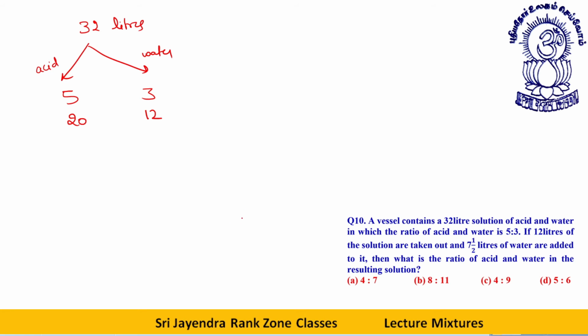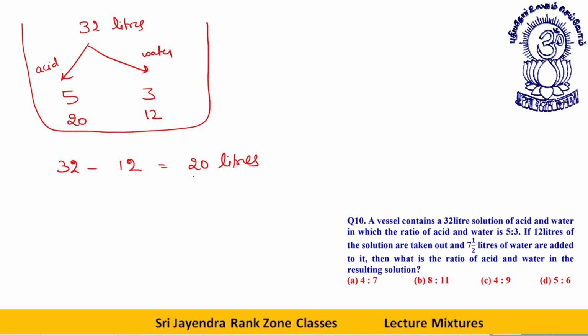See, this is just a trick to fool you, to waste your time. We were initially given 32 liters, now 12 liters are remaining. So remaining is equal to 20 liters. So all this, whatever I have wasted, if I start doing calculation based on this, I will be a fool. Now let's divide this 20 into 5 is to 3. 20 divided into 5 is to 3, this is acid, this is water, this is 5 parts, this is 3 parts, this becomes how much?